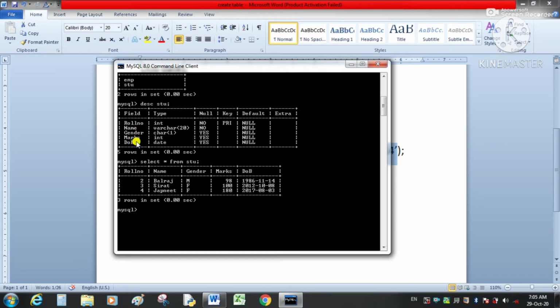Now we will add one more column, and for this we will use alter table, name of the table, add. We are going to add one more column in this existing table. In the bracket we will write our new field, meaning the column name, along with its data type.